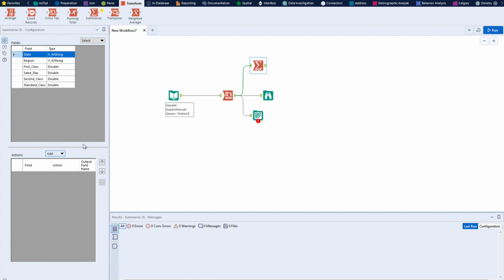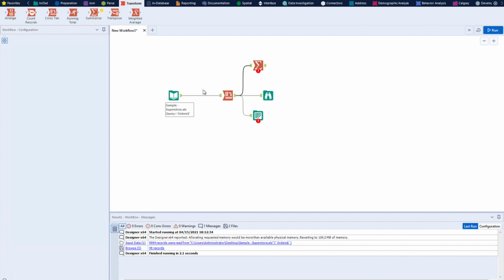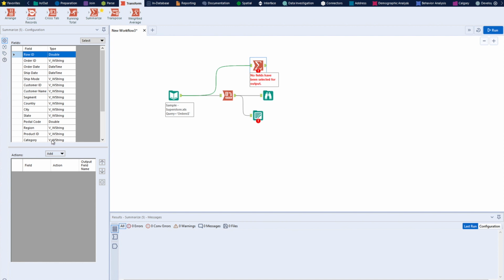So what I'll do, I'll just say region. I'll say select. Okay, so I have all the columns: none, numeric, string, special. So I have the field region. Instead of this connection, I can just bring it from here. So I'll just delete the connection, and I'll bring this connection from here. In this case, I'll get all the columns, and then I have this state, where is, let's say, only region.